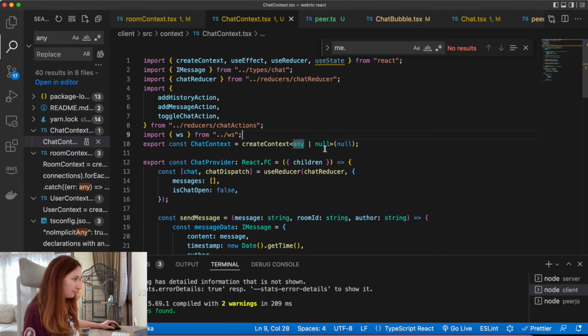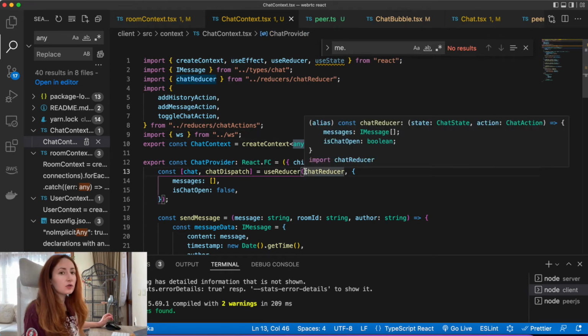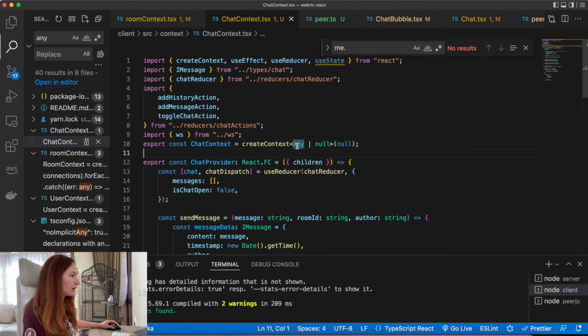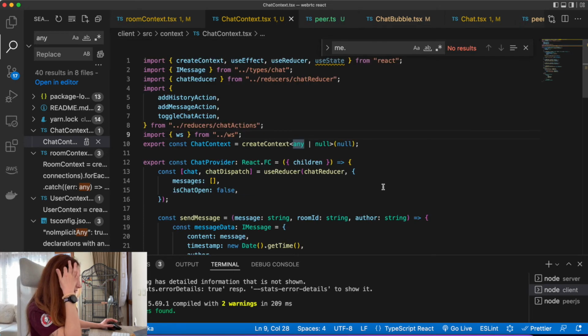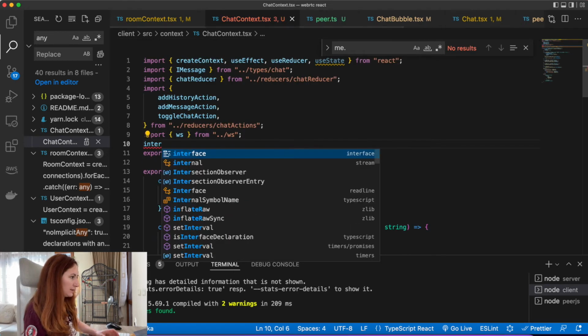We have any, and that's a bad practice in TypeScript to use any. We have to write some types for our context. Let's start with the chat context, and let's say it will be